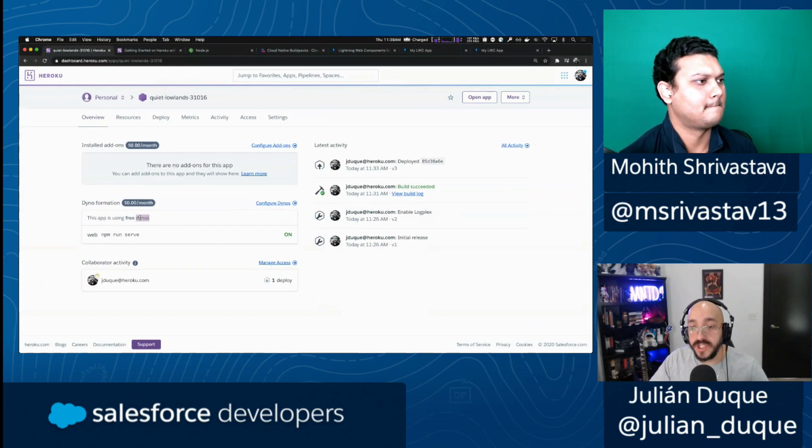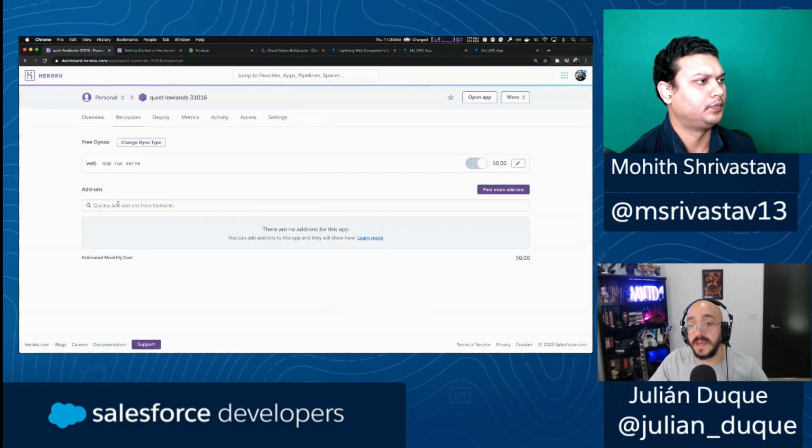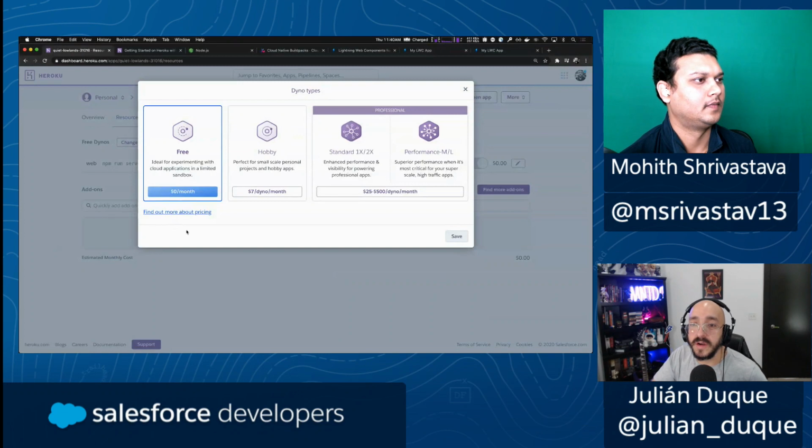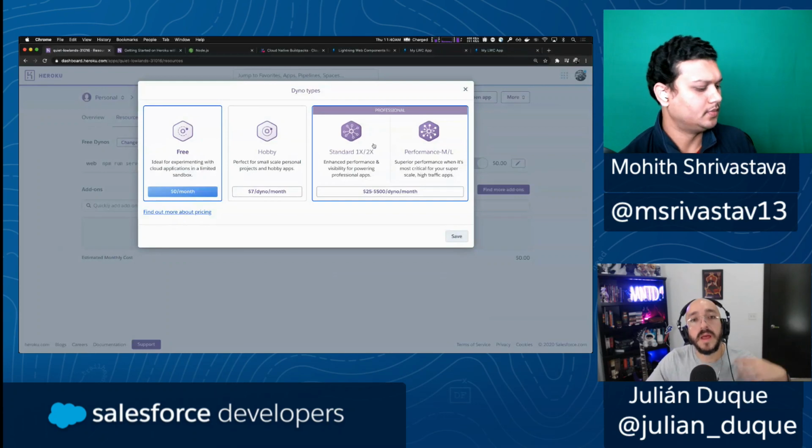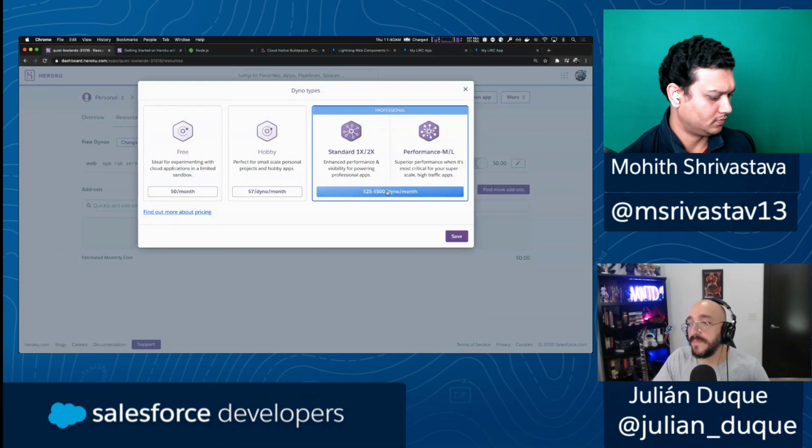My application is using a free dyno, so I'm not paying anything. This is the command that we executed. And we can see here on the resources that we have a free dyno. Let's say we might want to upgrade this dyno to a standard dyno. I'm clicking on change, and I'm picking a standard dyno here. So let's go to the professional tier. I'm running a production application. Now this is going to start costing a little bit more money,